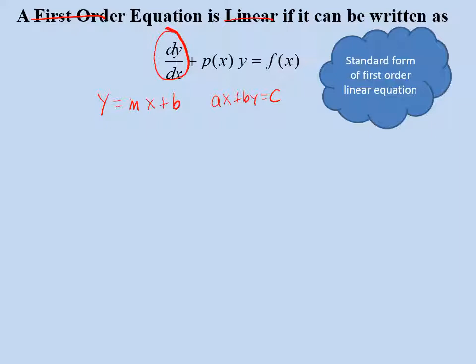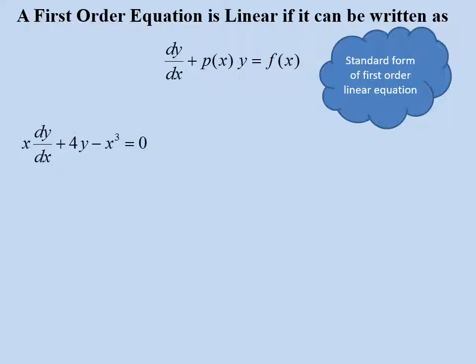Well, in here, our variables are y, since that's what we're trying to solve for, and the derivative of y. So basically, it's linear if we have no powers of y or the derivative, no radicals of y or the derivative, and no functions of y or its derivative. So that's the idea of linear first order. Let me show you some examples